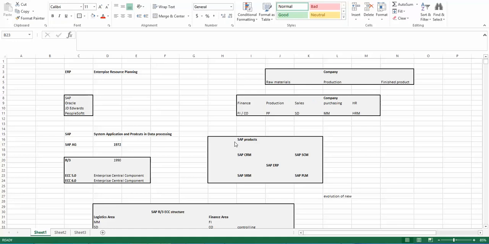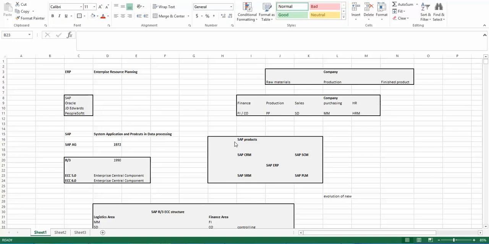So firstly, before entering into SAP, if you are a fresher, or a person who has worked in sales and you want to enter into SAP sales and distribution and complete your certification or do a training in SAP, you need to know what ERP is. ERP is an acronym for Enterprise Resource Planning.